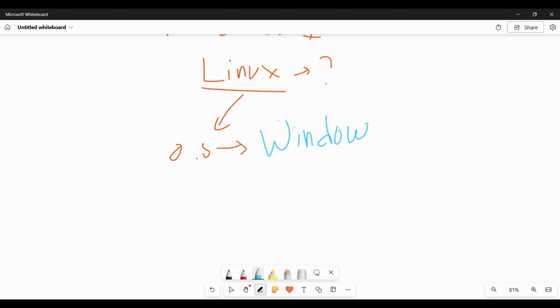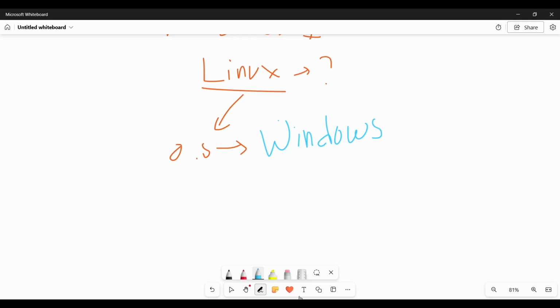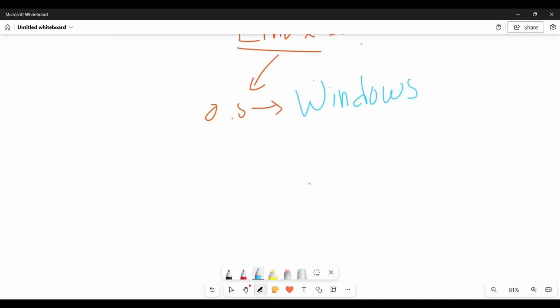Our computer consists of a Windows user OS generally. Here you can look at this is the interface, your Windows, and Linux is also an OS which is kind of like Windows, which is mostly used in production level and server level, and